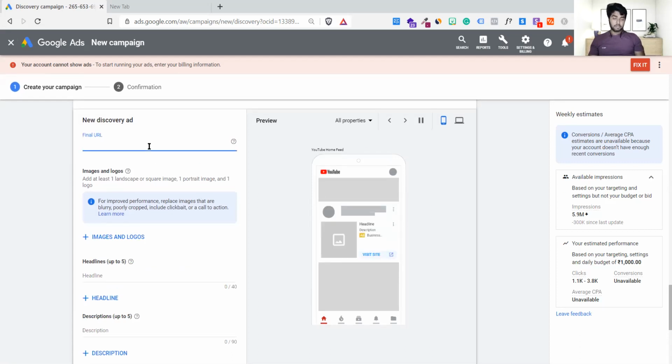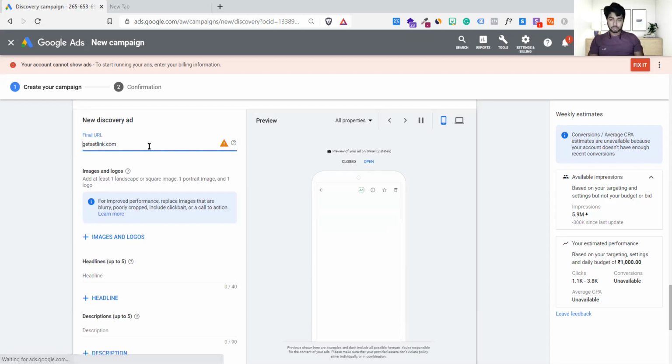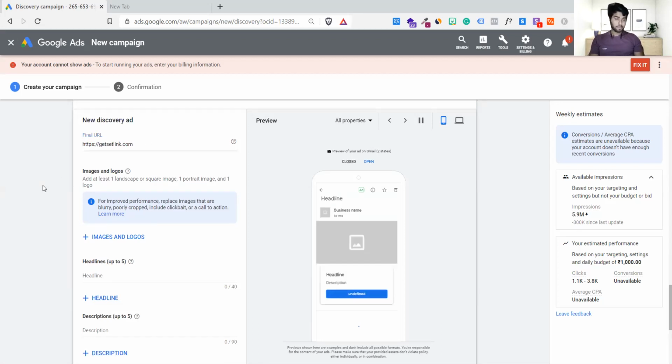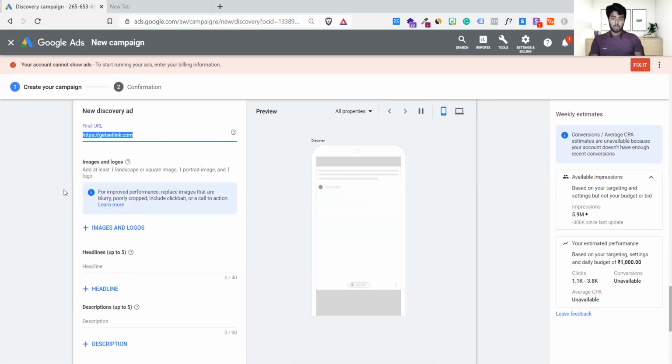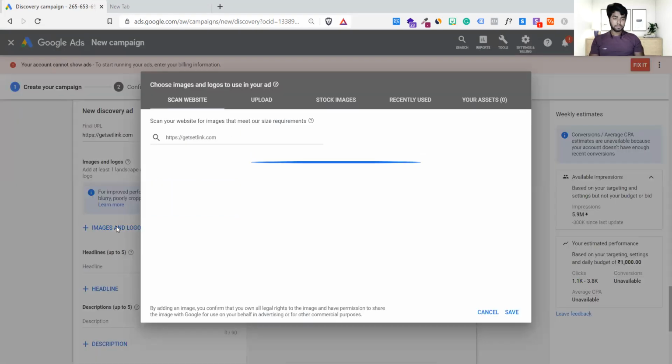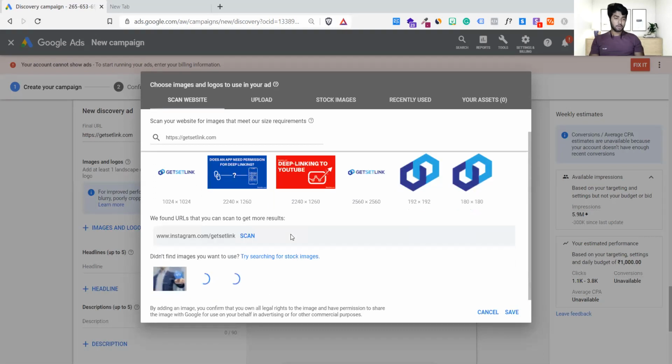So as of now I have to give this a name. Let me give the Getsetlink.com URL, of course, https slash. Done. It is analyzing, and new images are getting loaded.